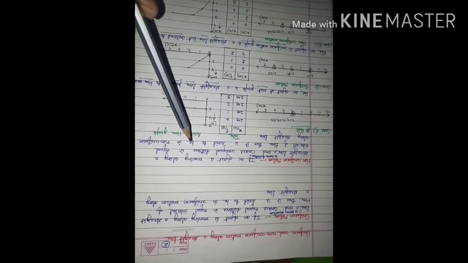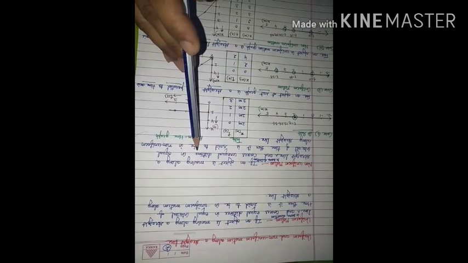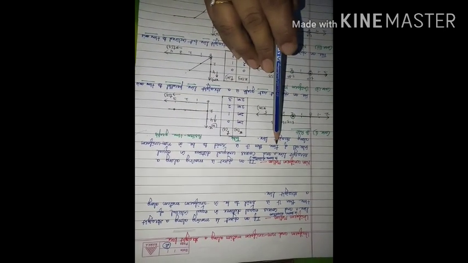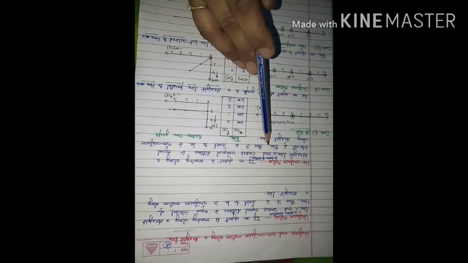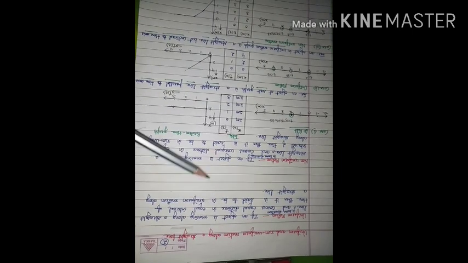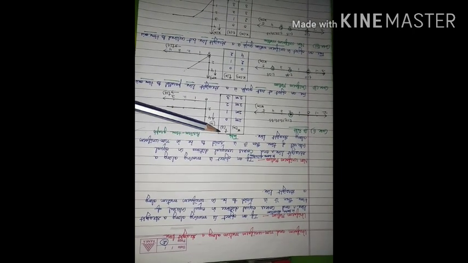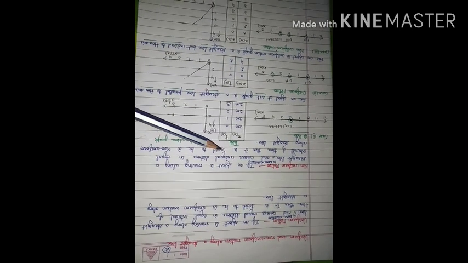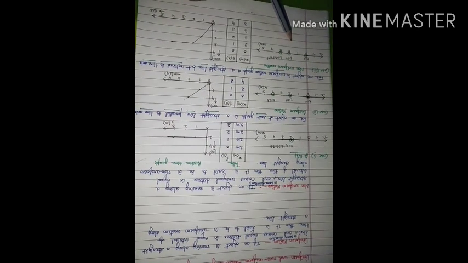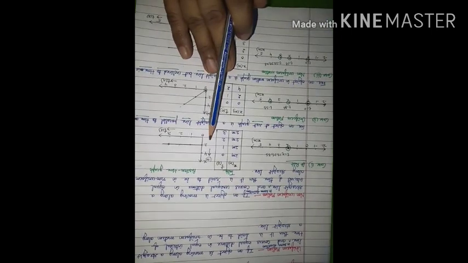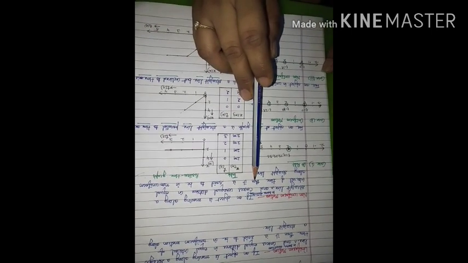And if the object covers unequal distance but the time interval remains the same, then the object is said to have non-uniform motion. Both these cases, uniform motion and non-uniform motion, will be clearer when we consider these cases. First case, we are going to consider an object at rest.